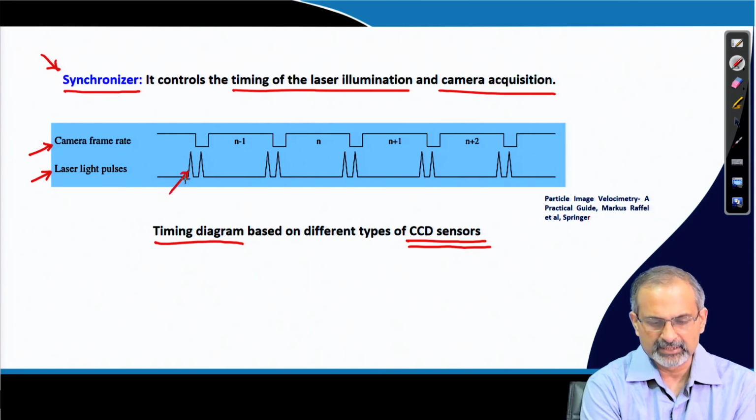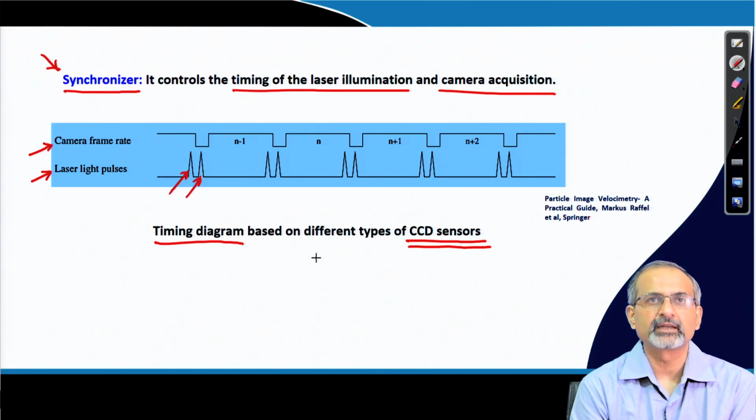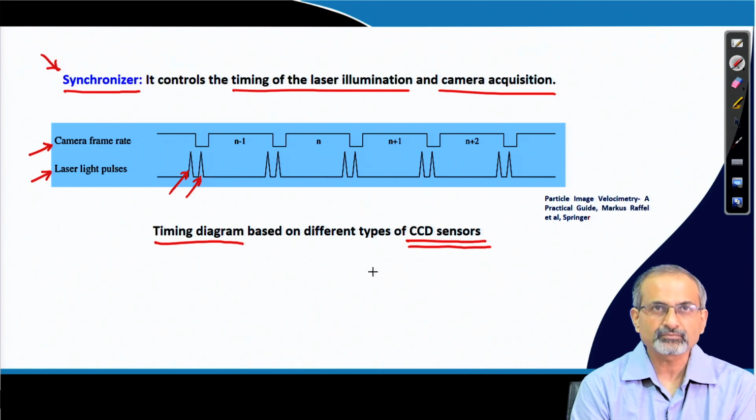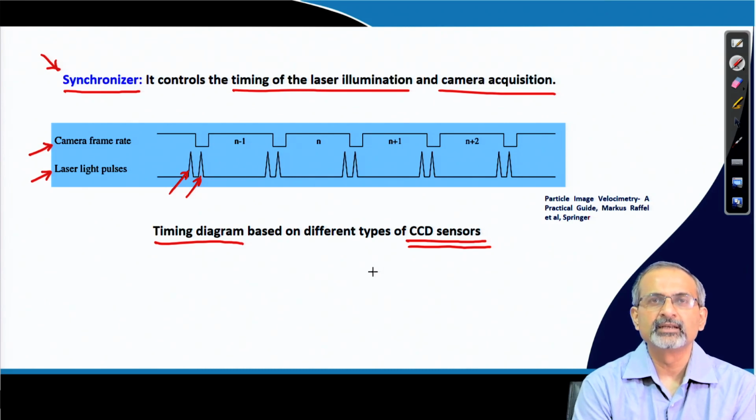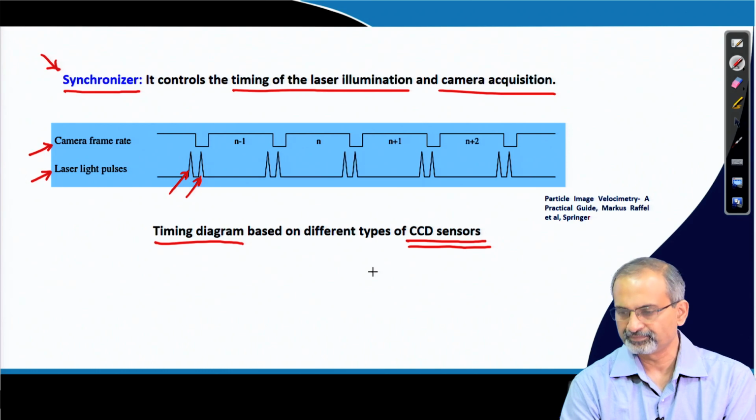So, the peaks over here, for example, are indicative of laser light pulses, the specific instances at which they would be pulsing. They are short instances within which the tracer particles will illuminate. Again, the camera will remain open for some time to capture that image and then again close. That is the kind of synchronization that we are talking about. So, at the computer end, you are going to configure the timing diagram. The synchronizer is thereby commanded by the computer. Accordingly, it triggers the laser illumination and the camera acquisition.